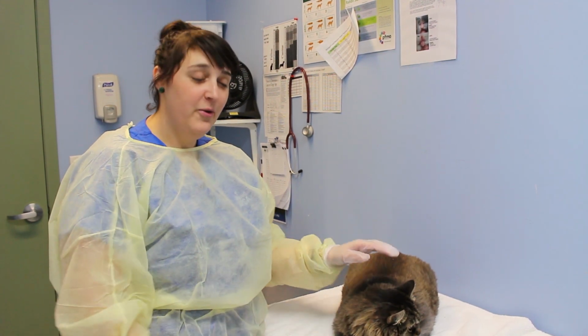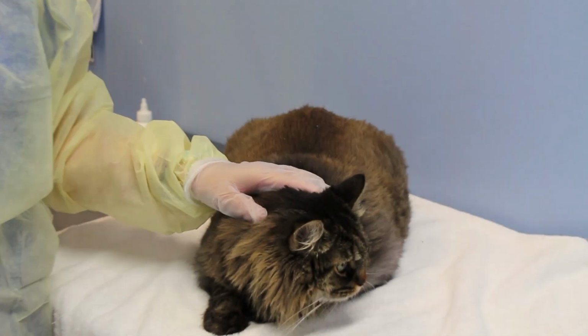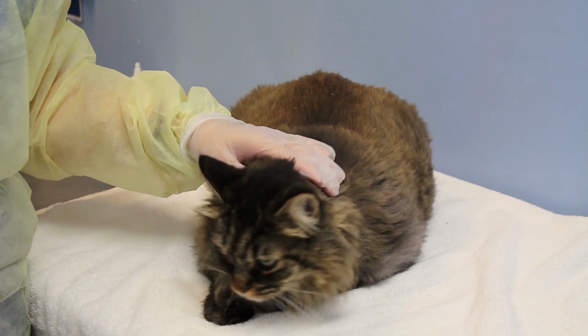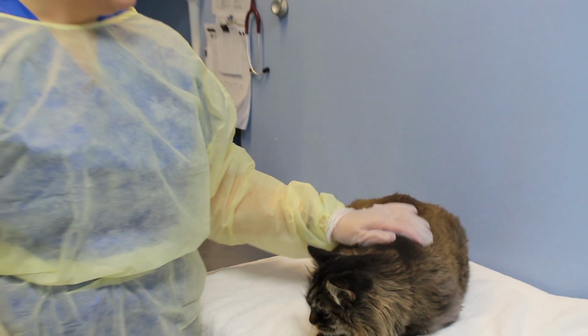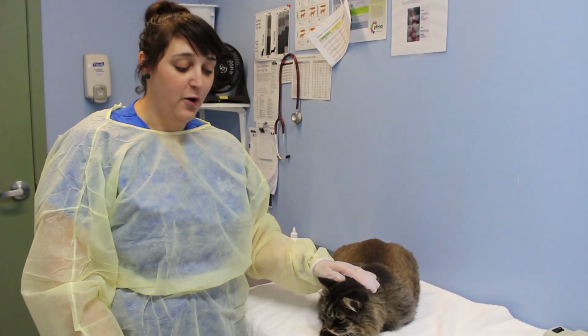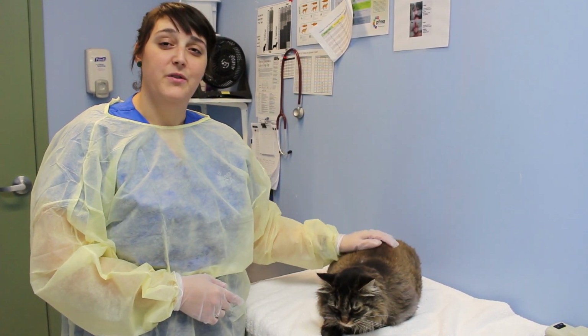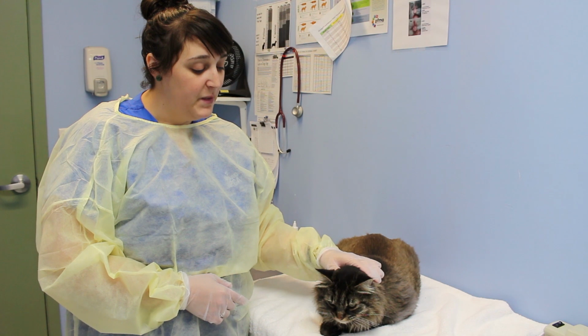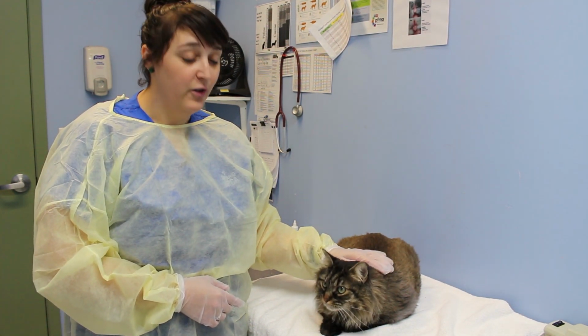And this is Nico, and today we're going to talk about some of the highlights of an intake examination, which happens when an animal comes into the shelter. So we do a full physical exam where we go from the tip of the nose to the tip of the tail, just to make sure that the animal is happy and healthy. But today we're going to highlight some of the fun things that we look at and look for during an